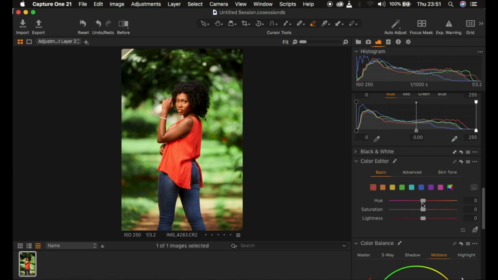Then I'll come to my reds and simply, because this top really looks weird, I'll make it a little bit more on the orange side. The next thing I'll do, I'll come to my blues because I want this to look a little bit more on the aqua side. So I hue that blue color towards the aquas, and I'll increase the saturation and simply take up the lightness so that it can pop a little bit more or make it stand out a little bit more. So this is how I color grade within Capture One,